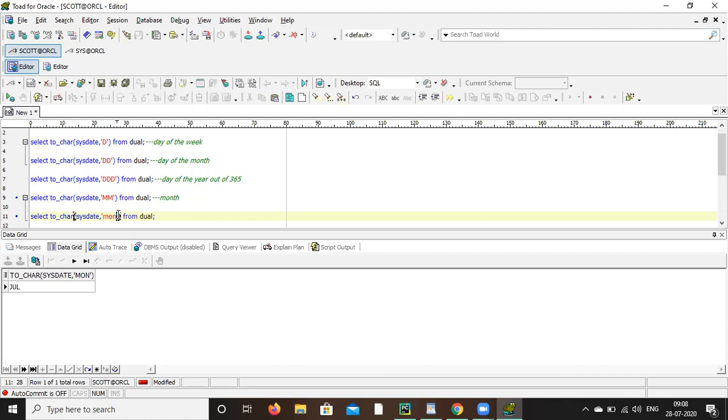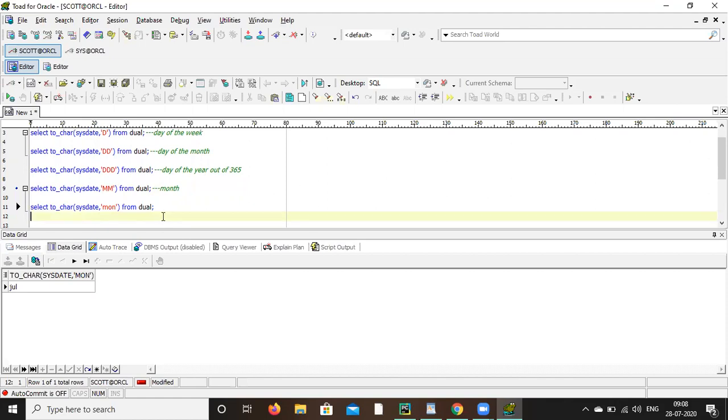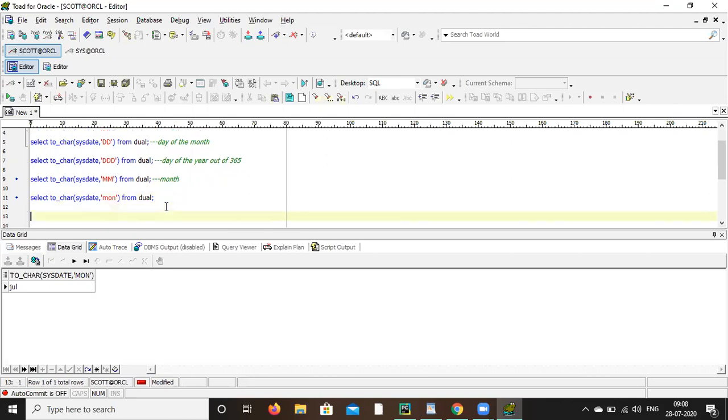Whichever format you write there, upper, lower, mix, it gives that way. Okay. So this is your MON. Now write MONTH. So it will give your full month, I mean full JULY, correct.